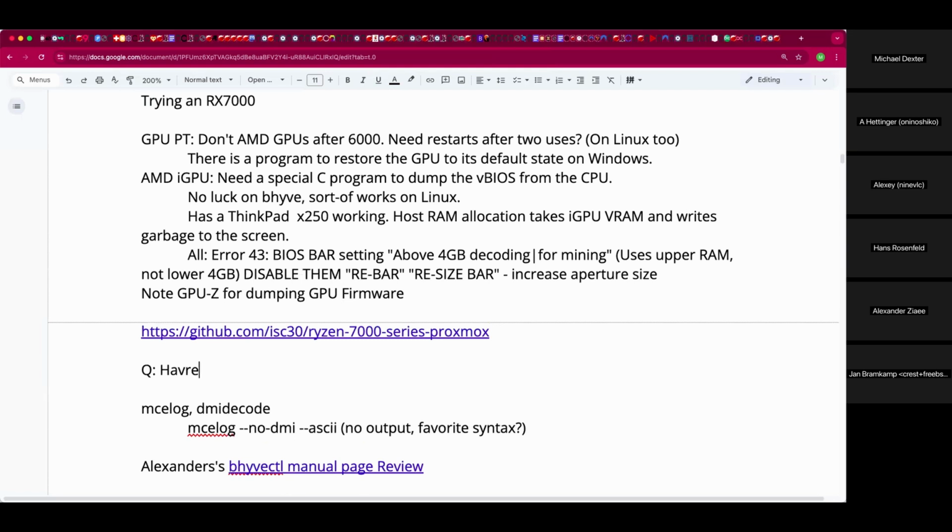If you can dump it from the guest, the GPU would not work without it, but can you still read out the vBIOS from a Linux guest? It's very likely that this is not going to work. Yeah, because it should be initialized through the PC's BIOS, I think. Yeah, but even if it's not properly initialized, you may still be able to read the vBIOS.